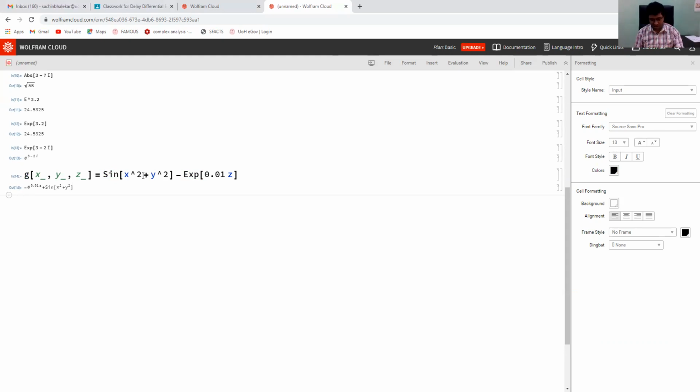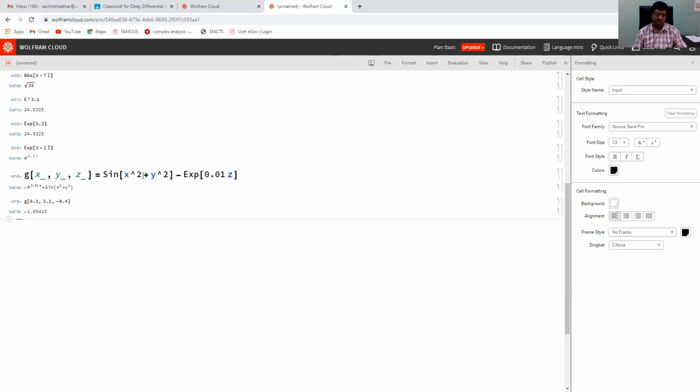Now evaluate at some point, say g of 0.1, 3.2 and minus 8.4, and run. So the answer is approximately minus 1.65.